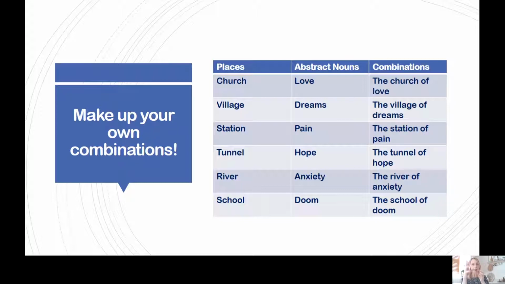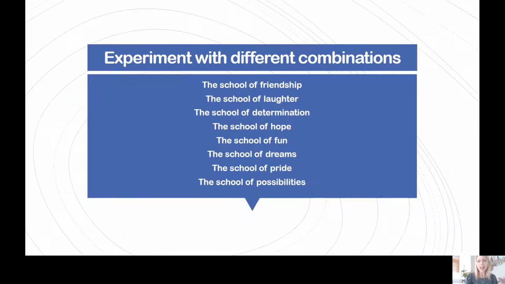You might just grab a few ideas, and that's a really good starting point, to just grab a few. And then you might want to experiment with different combinations. Which ones work the best? So what I've done here, you can see I've picked one setting. So I've picked school in this case, and I've tried it out with lots of different abstract nouns. And the effect of varying that abstract noun is huge, isn't it? If you look at these different examples, the school that you create is totally different in each of those.